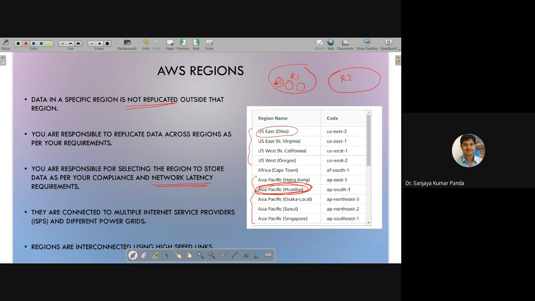Electric grid. So they are connected to multiple providers so that at any point of time if there is a failure, it is not going to impact the system, right? And regions are interconnected using high-speed links. Okay, in between two different regions, also you have high-speed links, so that whenever you require to migrate or